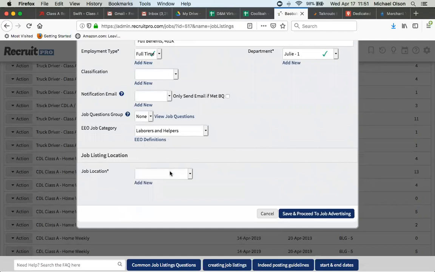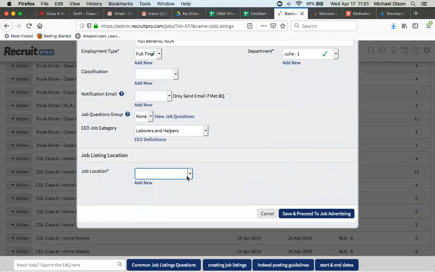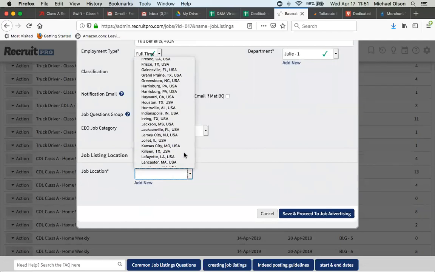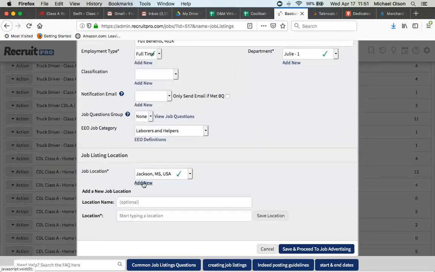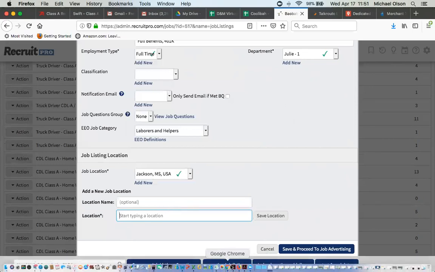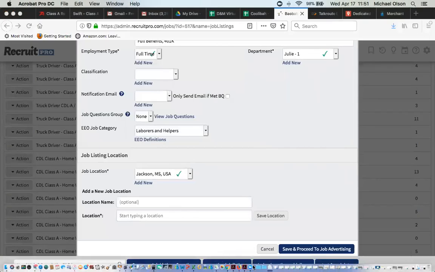Job location, where do we want to post it, right? So we can look in here to see what's there, or we can go to maybe a different city that isn't in there. So if we wanted Jackson, Mississippi, we can just push that. If not, we want a new location. Let's say, I don't know, what's an area outside of it? Atlanta. Let's see. Or we could do, let me see. Nope. Oh, yeah. We go here,